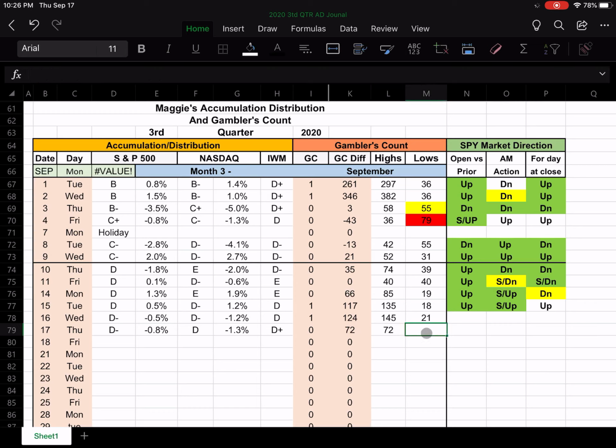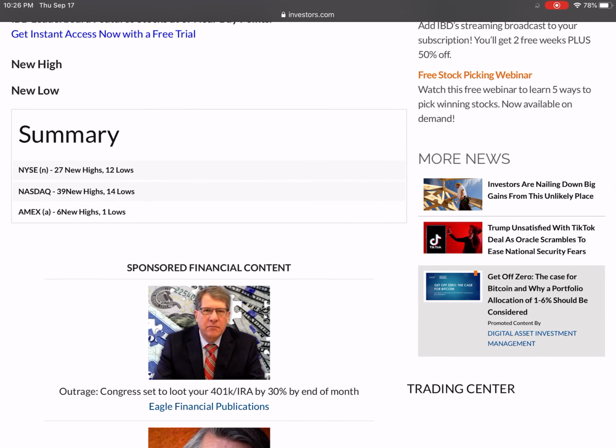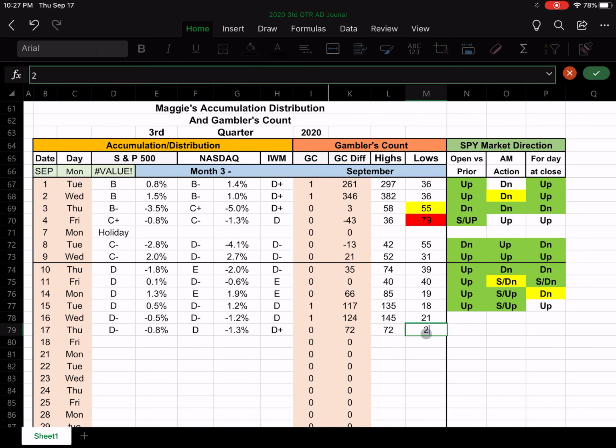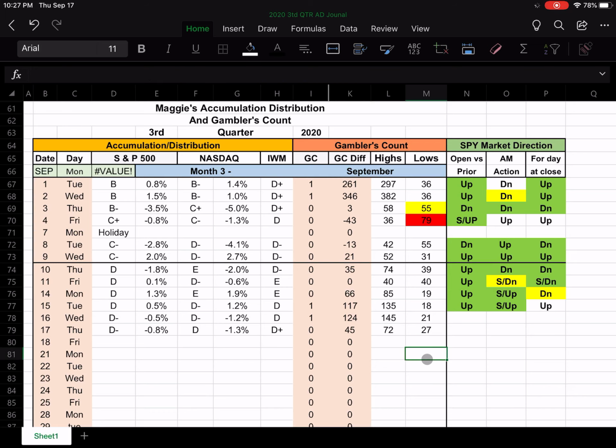Then we're going to go back to that same table with our calculator and add that up for the lows. And that's 27. So we're going to put that in. Now, the way that this information is relevant, by the way, these two columns are something she uses, but I don't. It's part of the whole gambler's count thing; I don't really count cards like she does. Anyways,